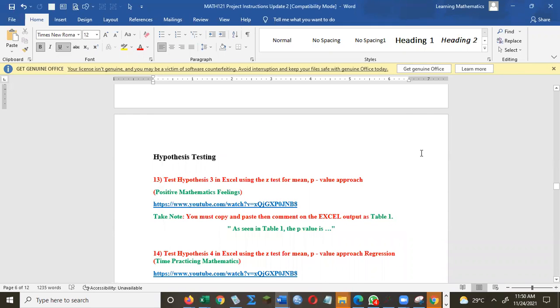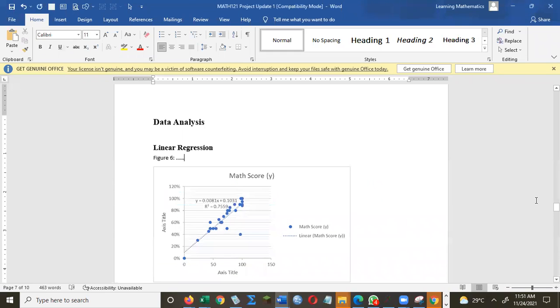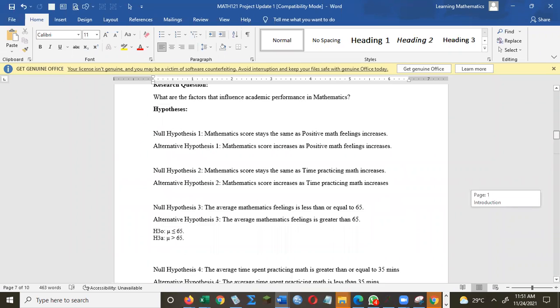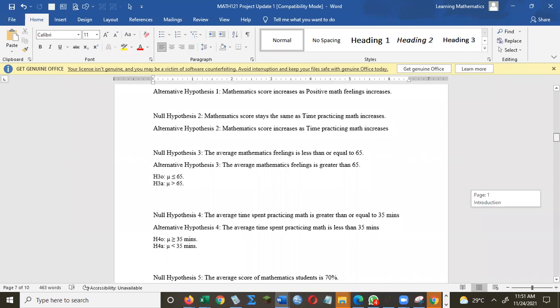Right. So for the hypothesis testing now, that would be instruction number 13, hypothesis 3, hypothesis 4, hypothesis 5. Hypothesis 3 says, let's go to hypothesis 3. Let's go to the template itself. All that is under data analysis. It says the average mathematics feeling is less than or equal to 65. The average mathematics feeling is greater than 65, and here it is in